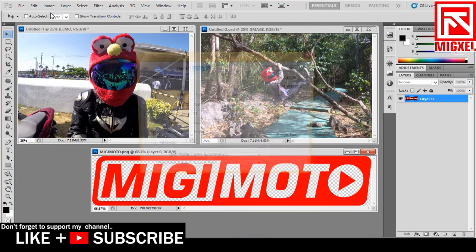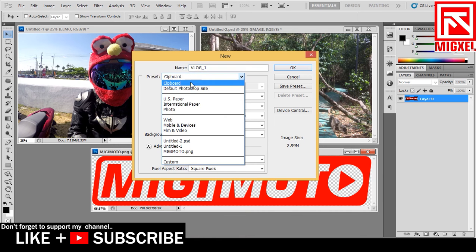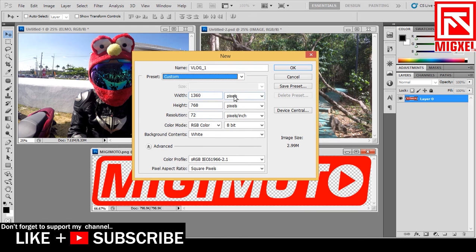First, click New. Let's name it blog number 1. Then change the preset to custom. Let's change into pixels, which is the required size by YouTube. Change the width by